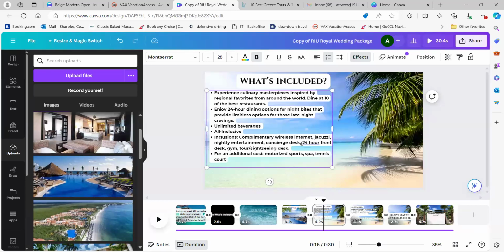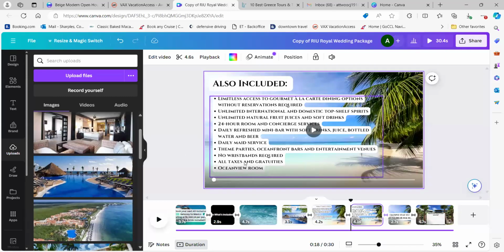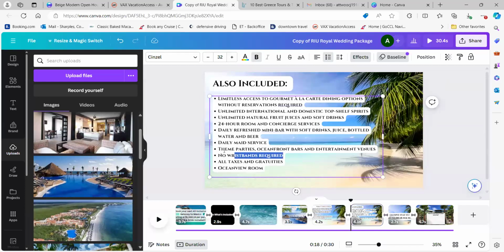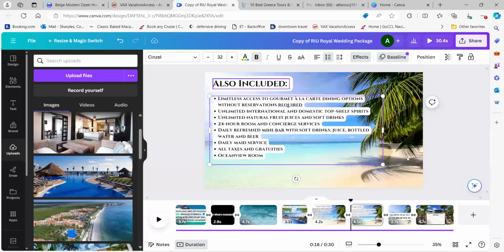Just so that they have an idea of what's included. So it can vary based off the different resorts. So it's an ocean view room, all taxes and gratuities. They have that daily maid service, like I said, daily refreshed mini bar, 24-hour room, different things that are included.